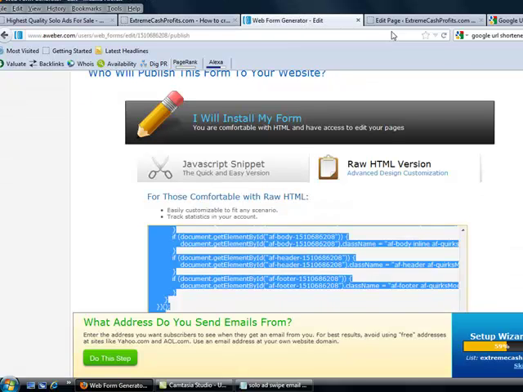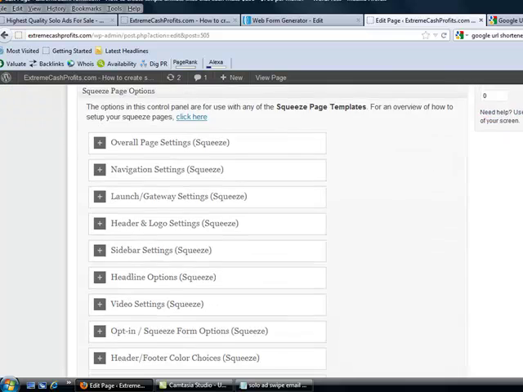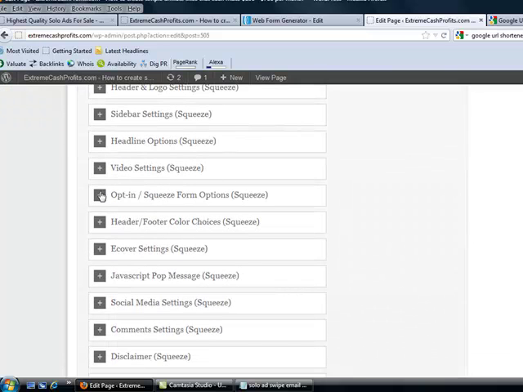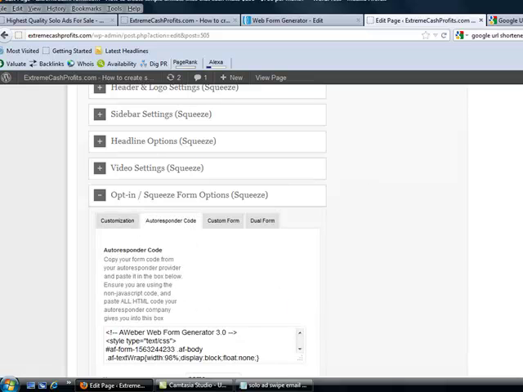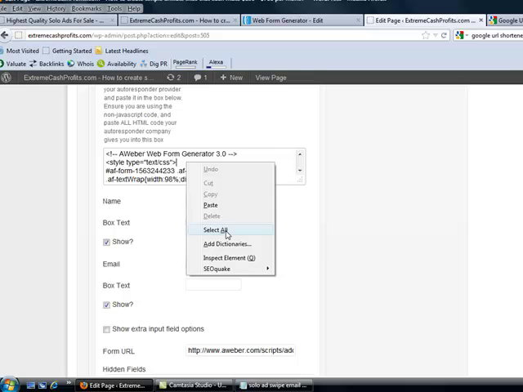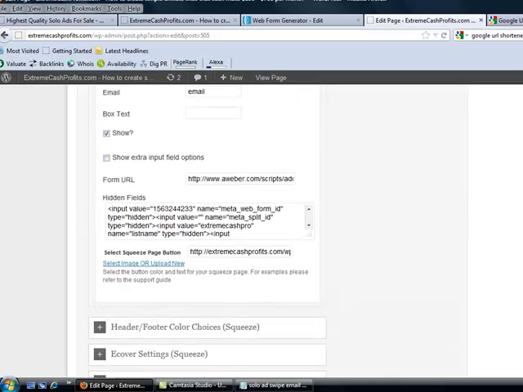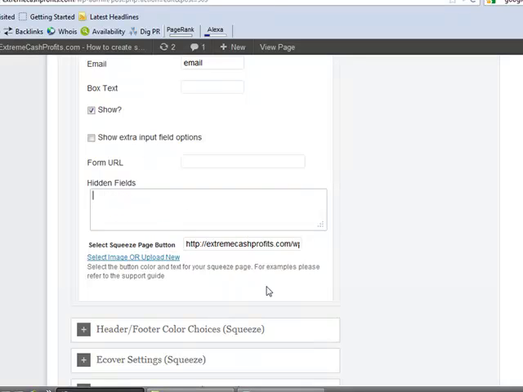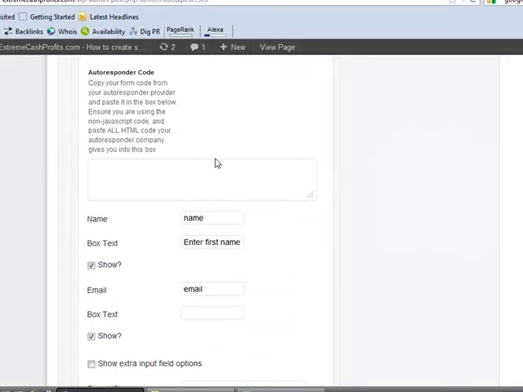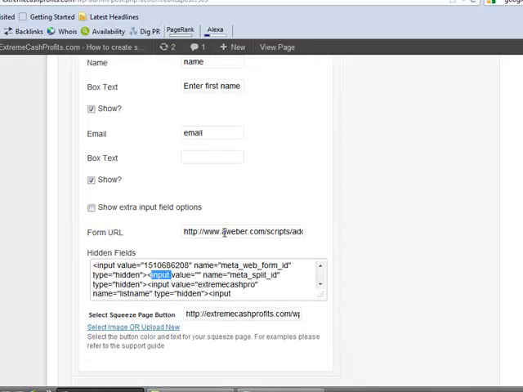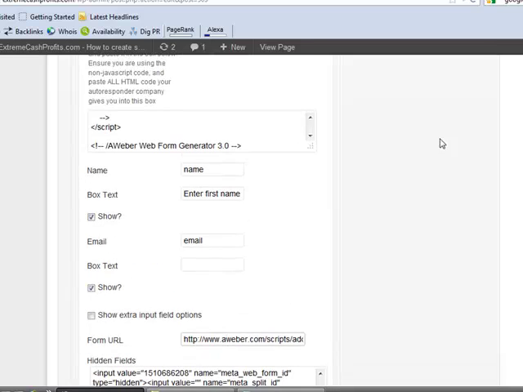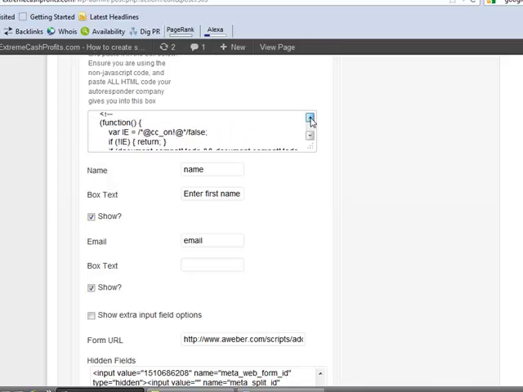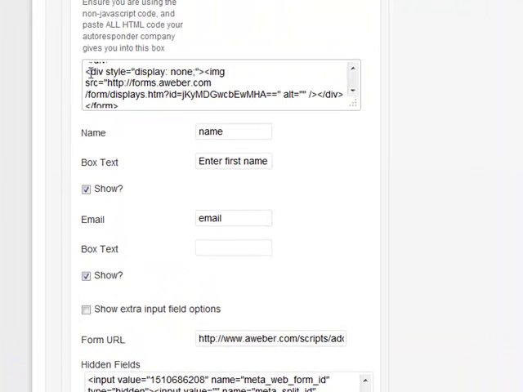So we go back to our squeeze page. What we do is scroll down, go down to opt-in, squeeze page options, autoresponder, and we go to here, we delete this, go down, delete this, and what you need to do is add some extra code in here, because when you get the code from Aweber and put it in OptimizePress, it automatically takes part of the code out. So what you need to do is go up. It's very simple to do. Scroll up until you get to this bit just here, look,